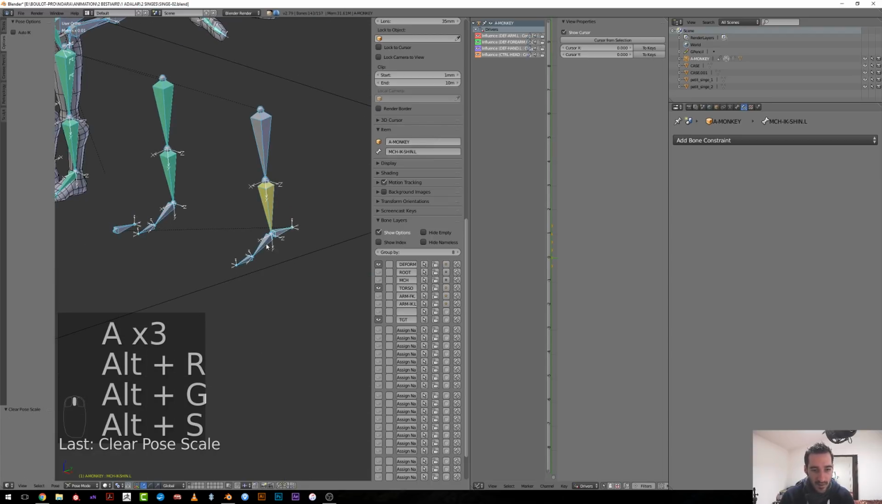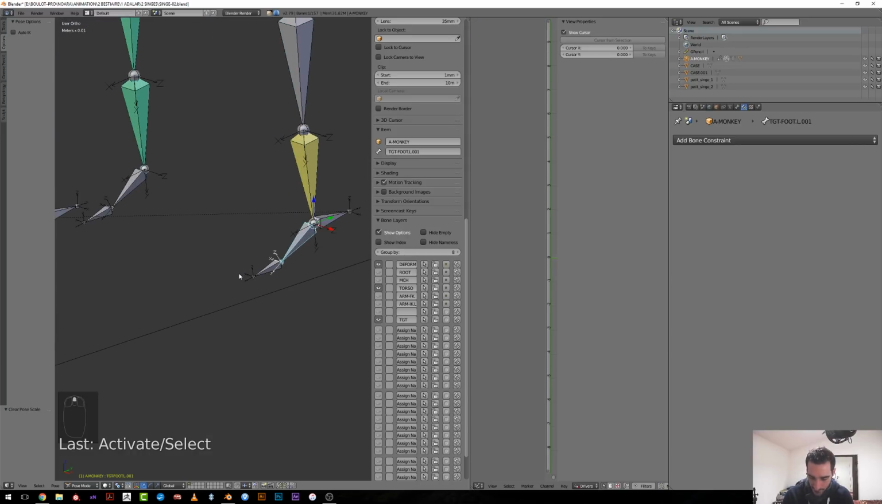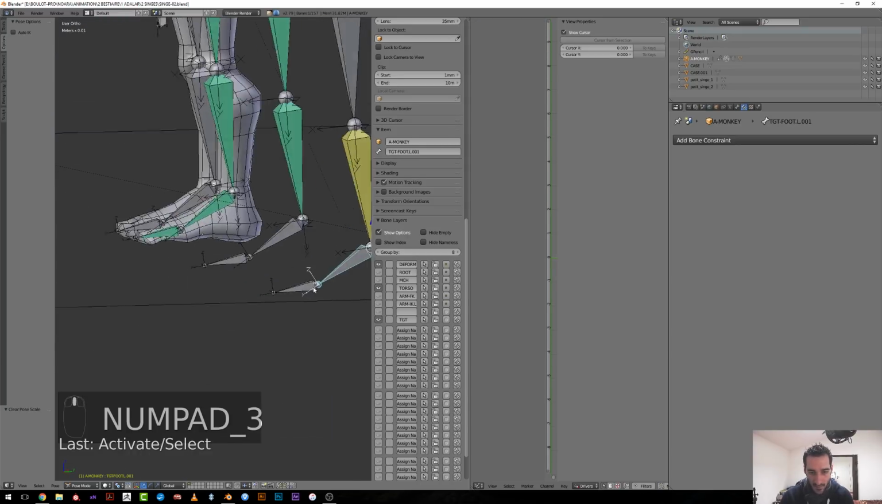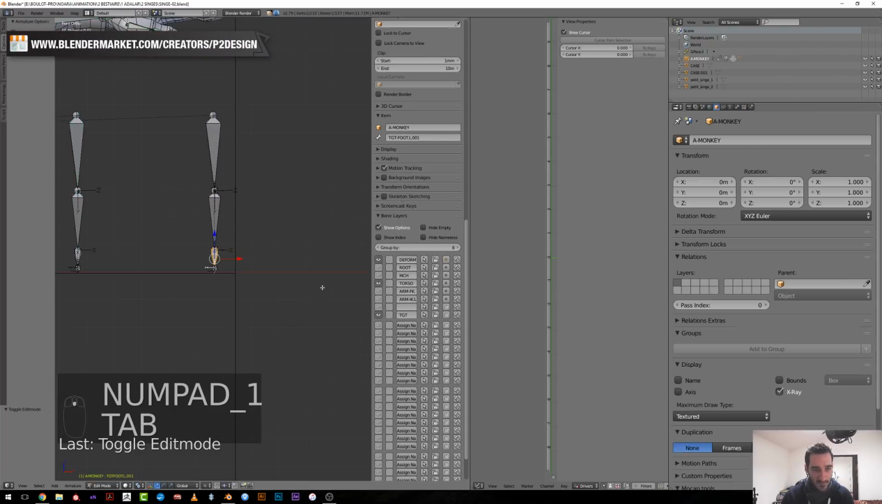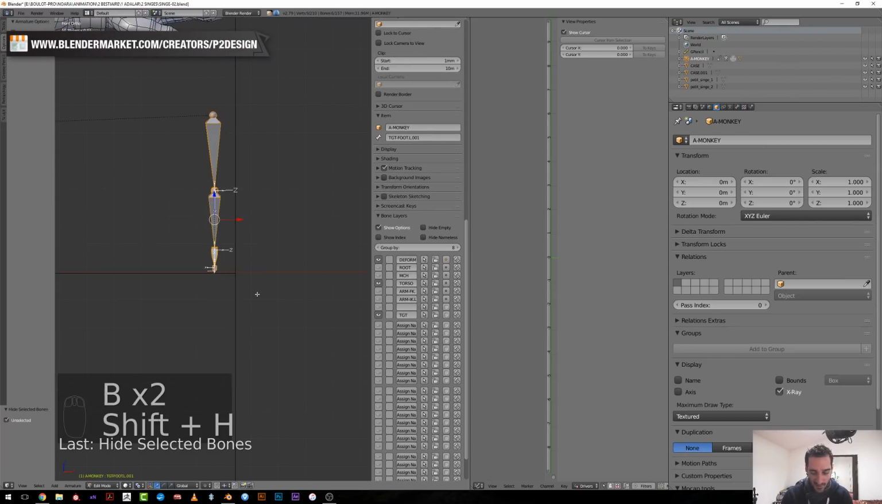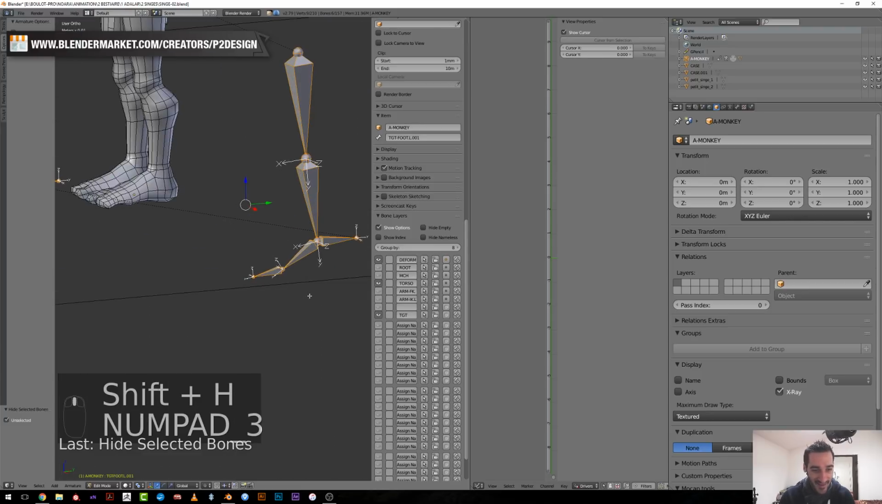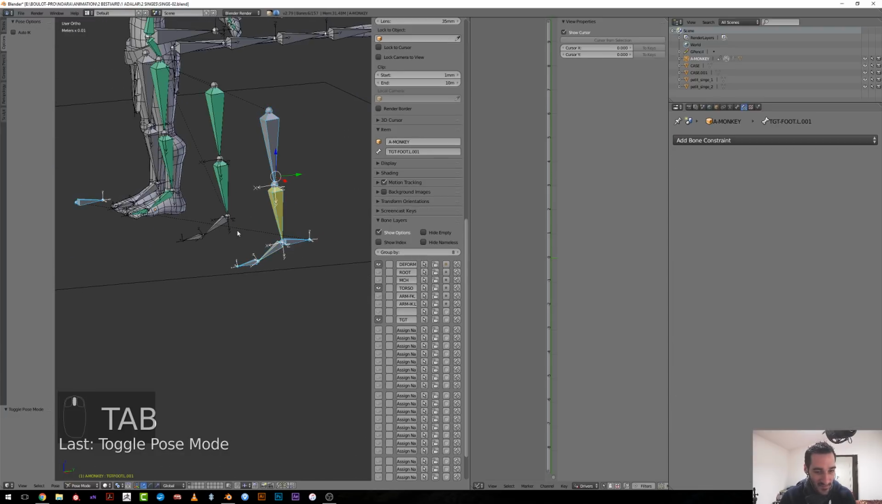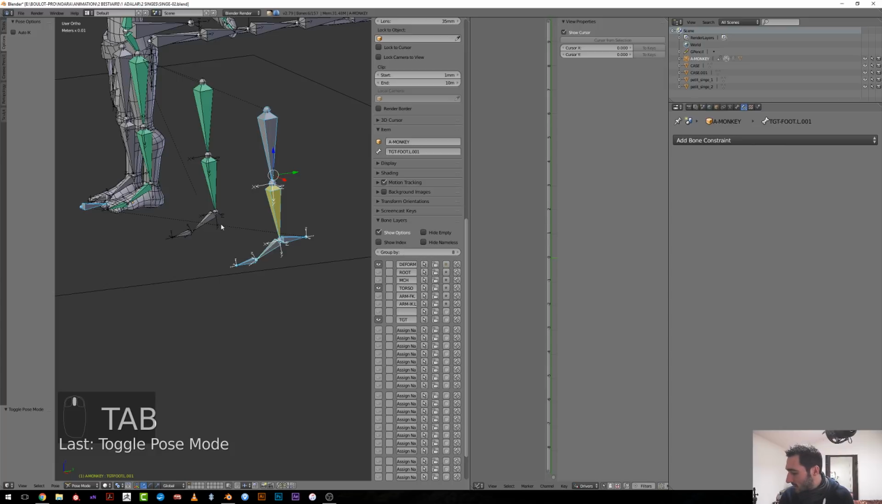So now let's create the foot roll. I'm always struggling to remember exactly how to do it, to be honest, but generally I remember. So first of all, we don't need